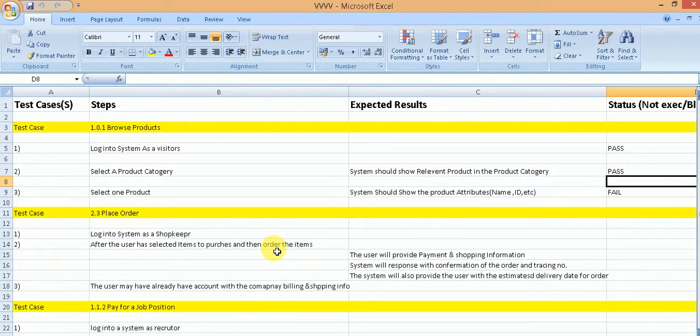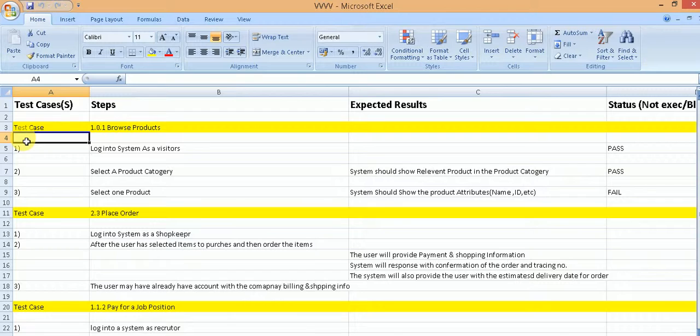So let us say the test case has a first step which says navigate to a particular website, and you find that when you type in the URL of that website in your browser, it does not show the website. That means your test case is blocked. When the test case is blocked, you cannot find out whether the test case passes or fails because you are not able to execute the steps. And this blockage can happen at the first step of the test case itself, which means the test case is completely blocked, or it may happen in one of the subsequent steps.